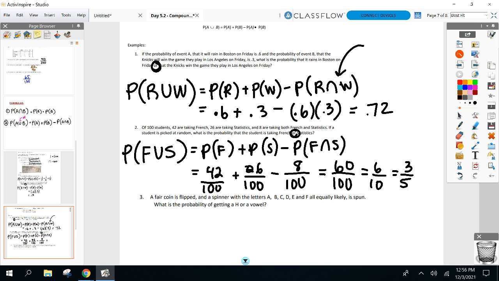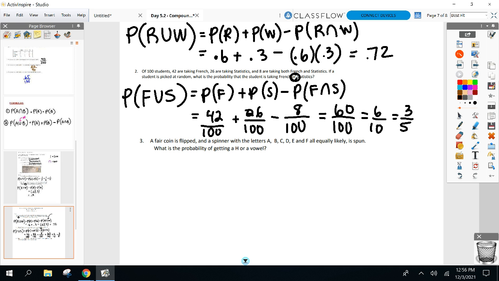All right, here you go. Number 3. You're going to flip a coin and spin a spinner with those letters on it. What's the probability you get an H? Now, I can admit to my faults and embarrassments too. At first, I was like, why are we even bothering with this problem? You can't get an H because it's A through F. That's 0 possibility. And then I figured out H stood for heads. Common sense out the window, right?